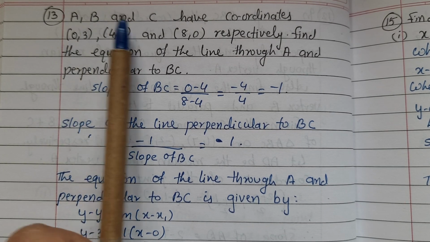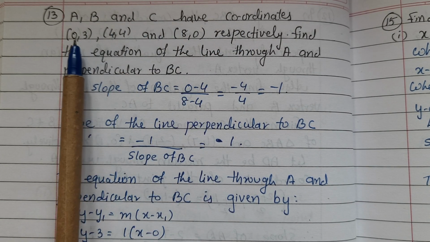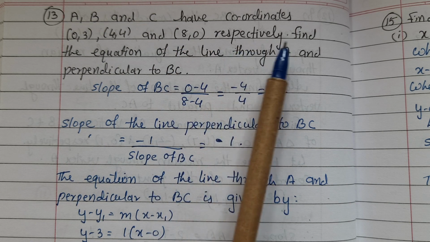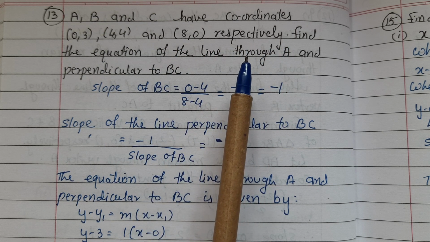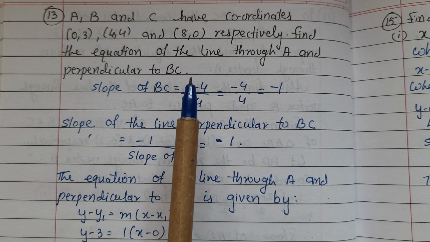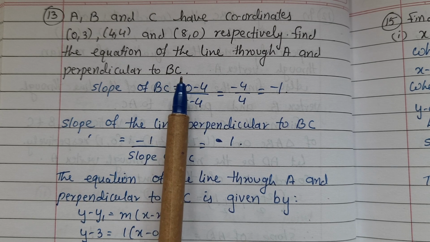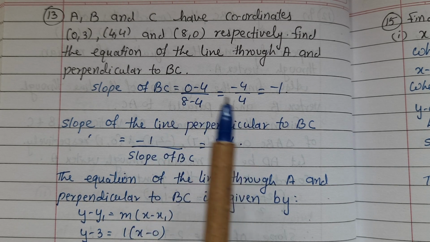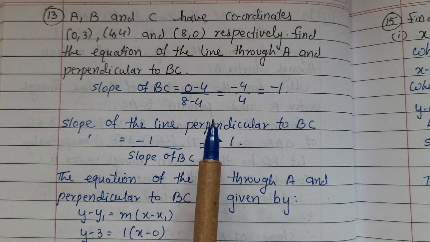Sum number 13. A, B and C are the coordinates (0, 3), (4, 4) and (8, 0) respectively. Find the equation of the line through A and perpendicular to BC. First we will find the slope of BC, and then the slope of the perpendicular line, since the product of both slopes will be